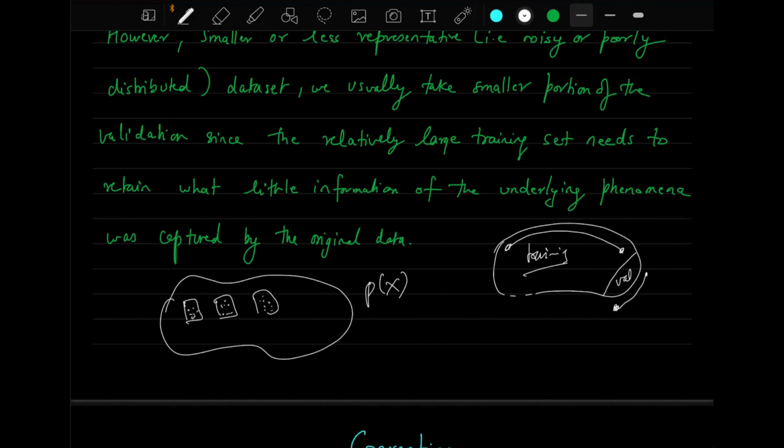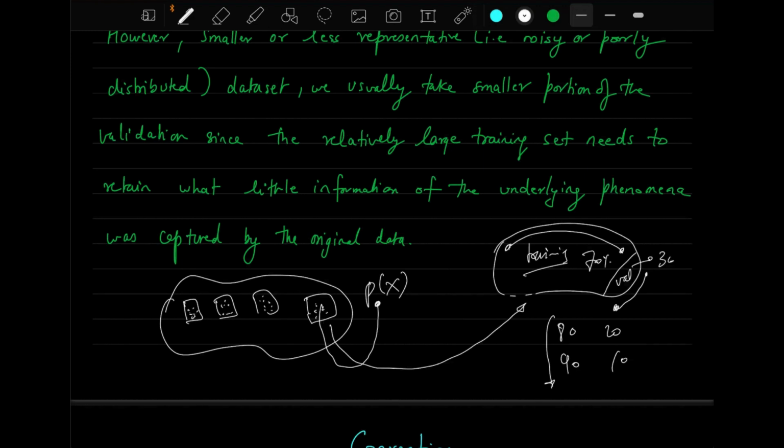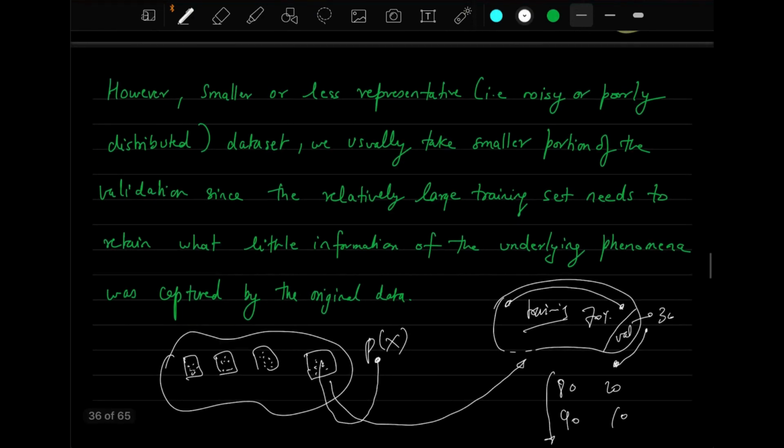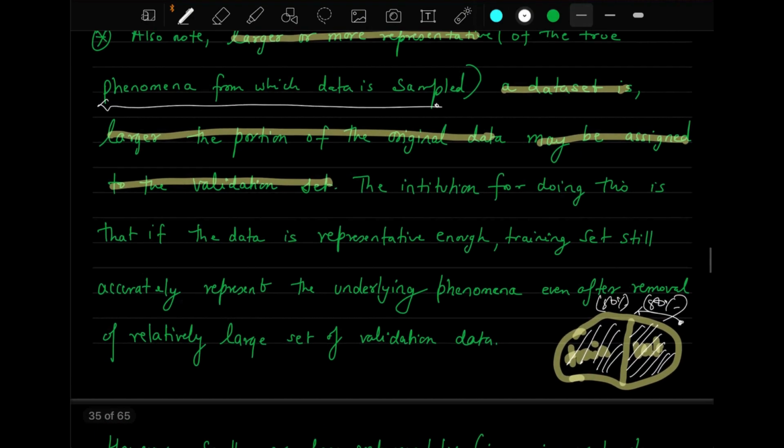If you have noisy or blurred images, blurred meaning some of the images you cannot see properly, then these images are not perfectly representing this Px. In that type of situation, the training and test split has to be 70-30 or even less, like 80-20 or 90-10. As you go to this side, it will be better. So you have to keep this in mind. Depending upon the quality of your data set, you have to change the training and validation data set split. Is it okay? Any problem in understanding these lines?